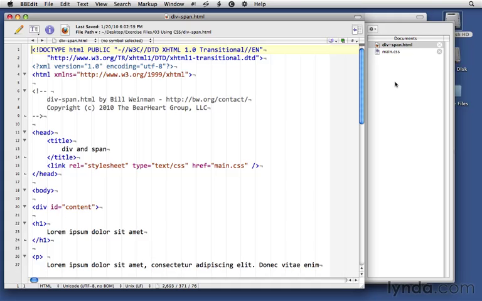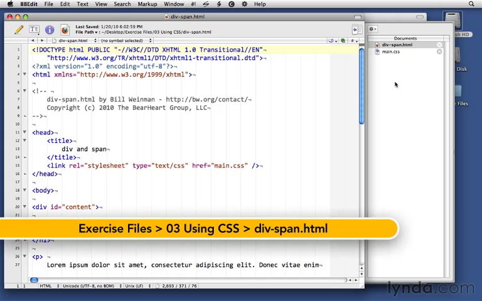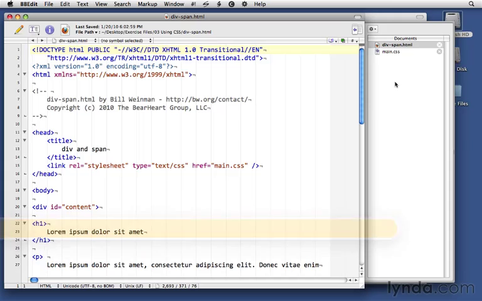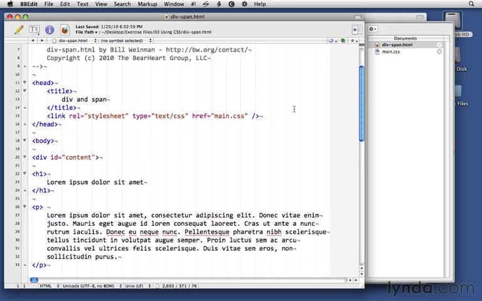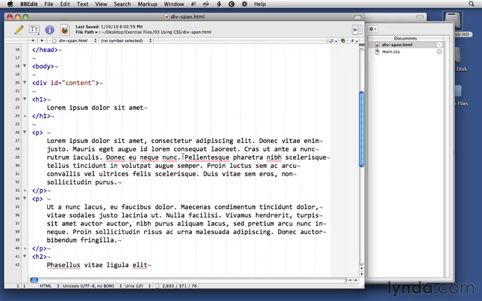There are two special elements in HTML and XHTML that are specifically designed for applying style. They are the block element div and the inline element span. In this movie, we're talking about the inline element span. Span is used for applying a style to an inline part of the document, which usually means a piece of